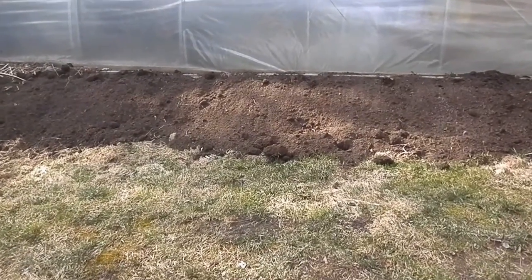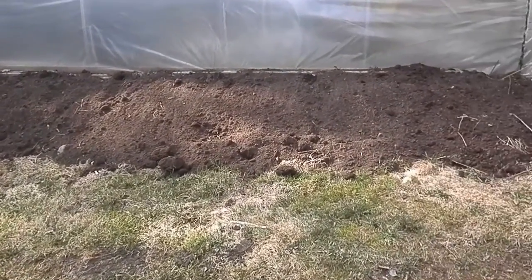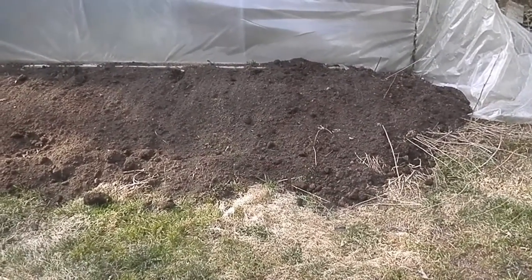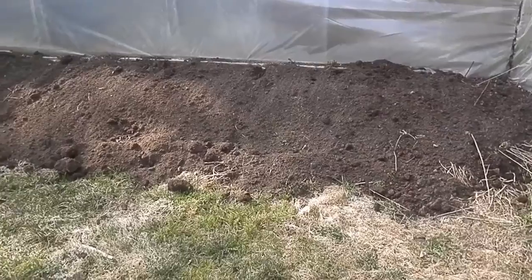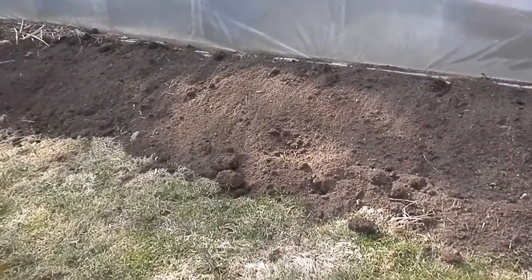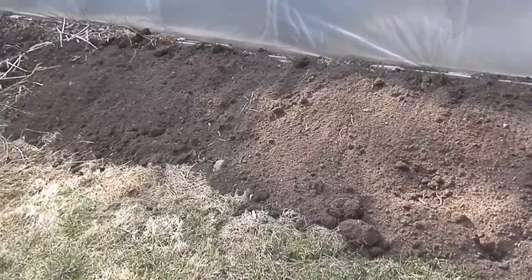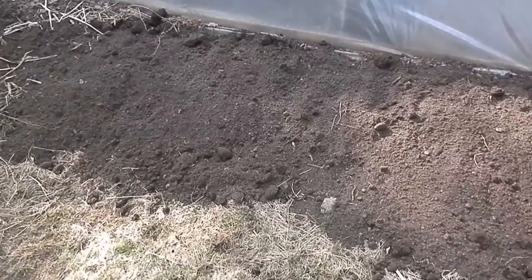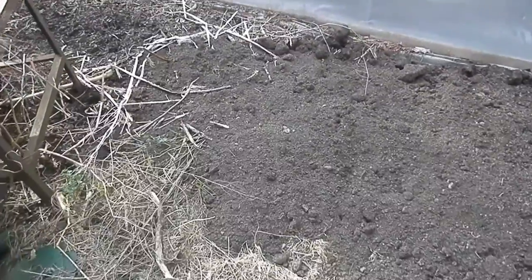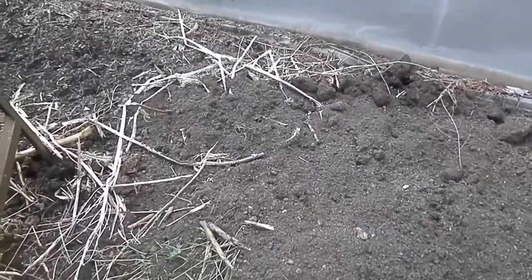We've just added a new top dressing of compost to our existing rhubarb patch. The rhubarb was just starting to poke its head through, but had suffered quite a bit of damage from moles and voles and mice digging through the pile underground last year. Hoping that we haven't seen a lot of damage to the roots, but if I take you over here to